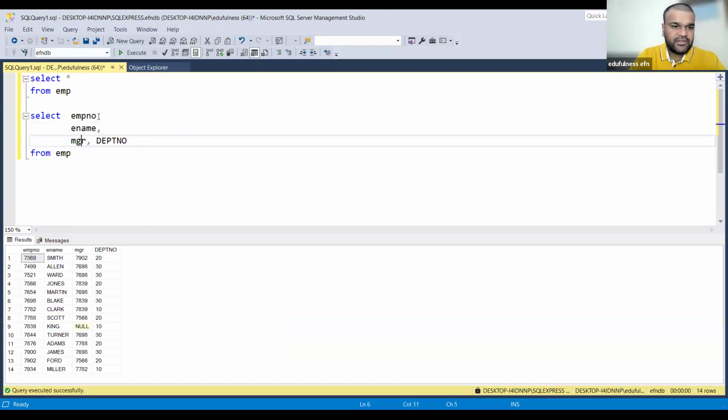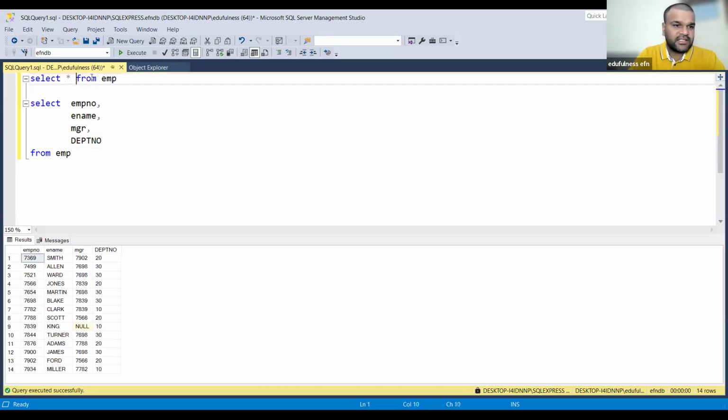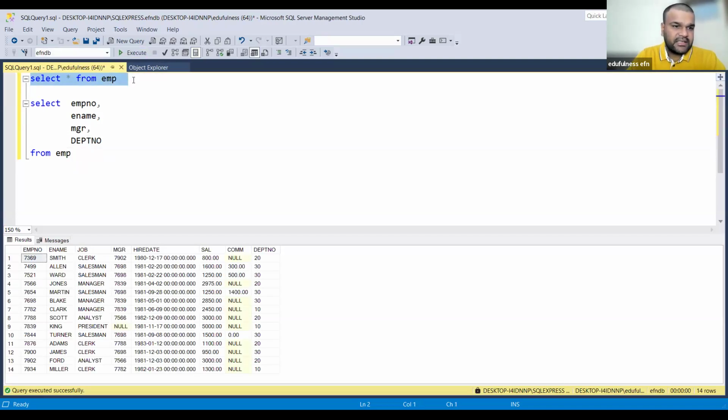Because in real time, you are going to have more than 100 or 200 lines in one query. When you have that, in a single line also you can write a query. That is not at all a problem. It will execute, you can see. But it is not going to give you clarity. So this is going to have better visibility, instead of an entire query in a single line. So try to have a habit like that.